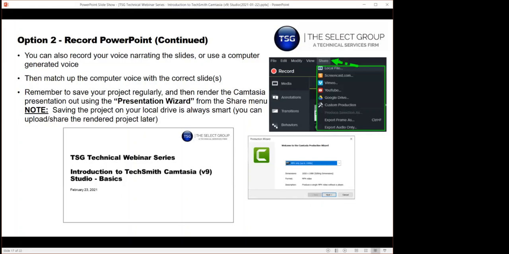So once you decide where you're going to render it out, when you click on one of those menu options, then right below here, you'll see the production wizard pop up. And here there's a drop down that you can select whether you just want to produce out an MP4 or a WAV file, different pixel levels, I guess, pixels per square inch. But you can also render it out as a